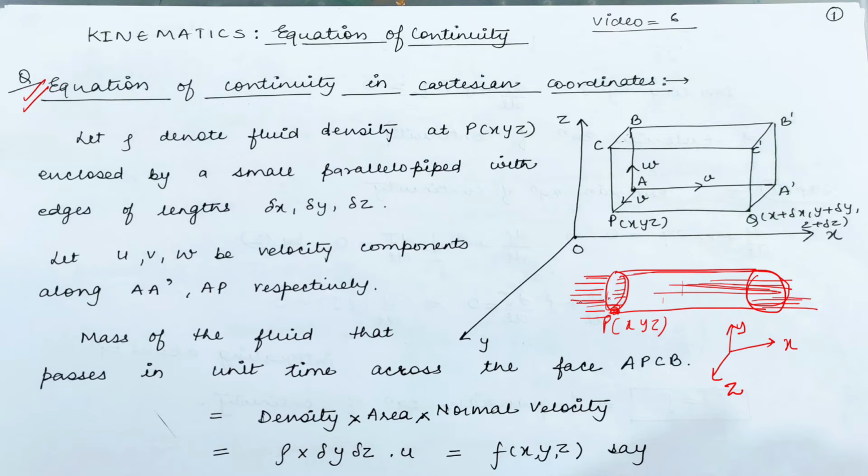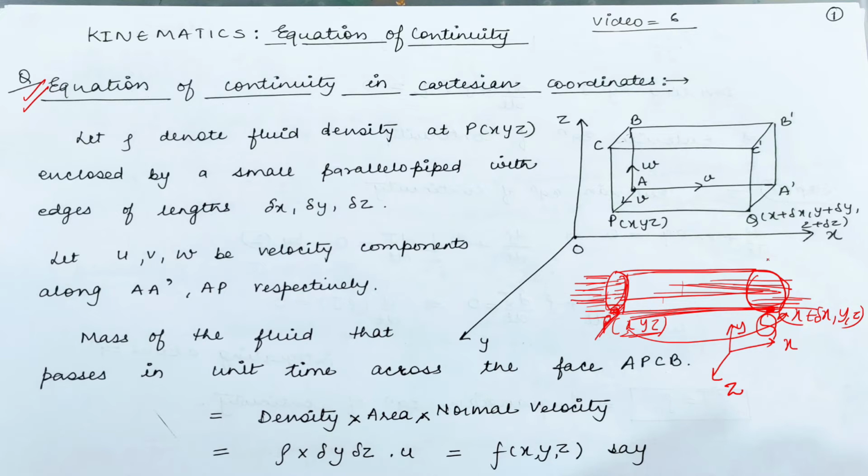Now we say the water is flowing and a particle is at a point P. The coordinate of that point is x, y, z. After time t, the particle reached the other point. Now what happened? Only this distance is increased, so the remaining coordinates will remain the same. That means x will change from x to x plus delta x, and y and z remain the same. We name this point Q. The same they have written here.